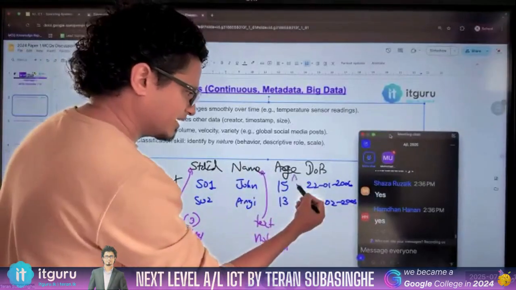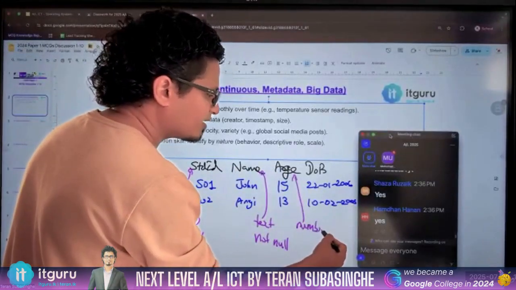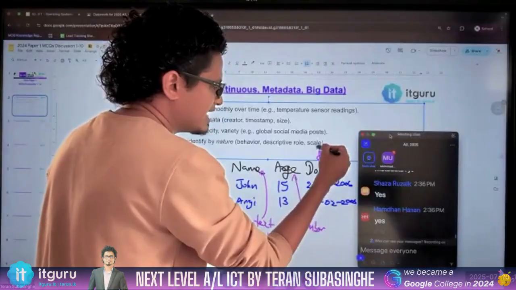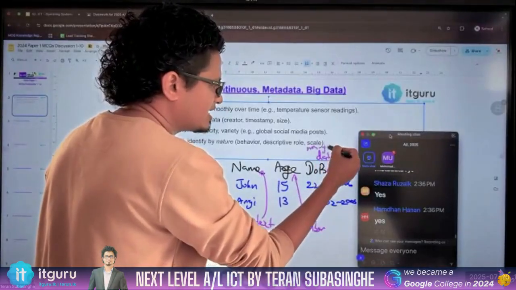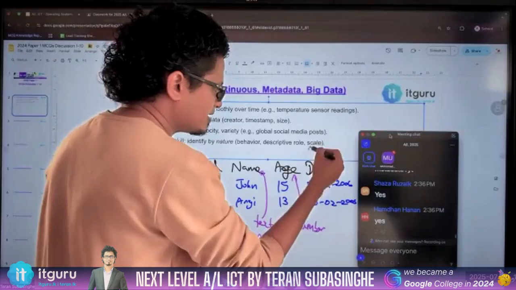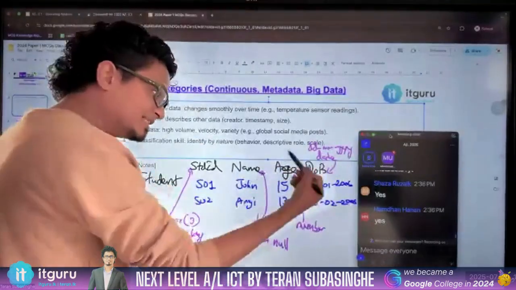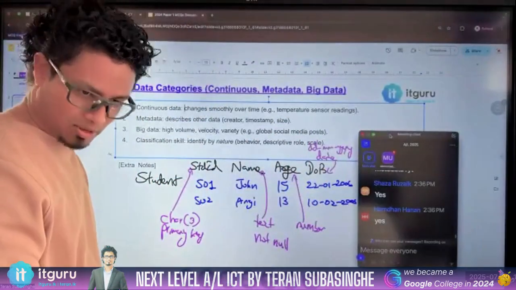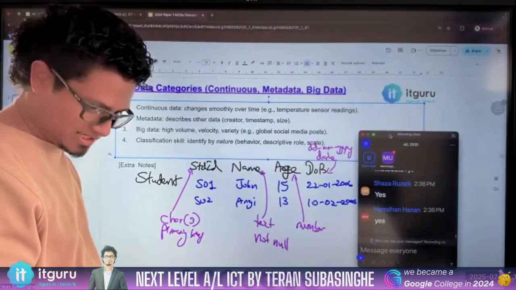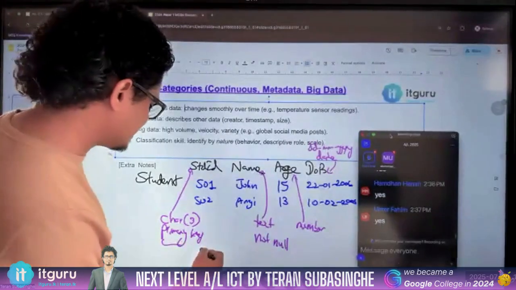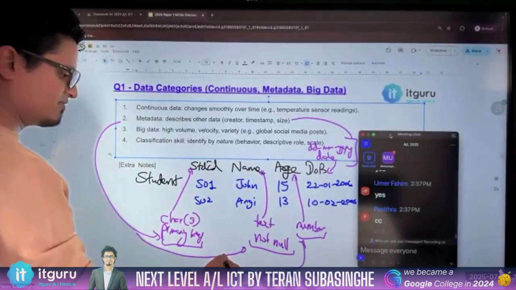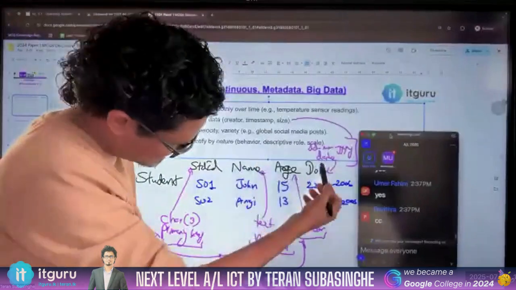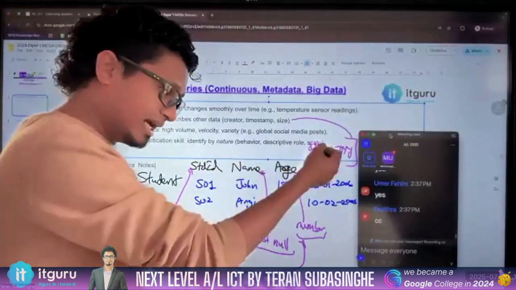Data about data, right? Age is a number. That's data about the data that you have. This is a date pattern. But which date pattern is this? This date is stored in DDMMYY format. Data about data. Can all of you understand what I mean by metadata, dear? Is this crystal clear to all of you now? So this is all metadata. Everyone, is this crystal clear? Can we be humble enough to say whether it is crystal clear or not? Because if it is not, then I have to explain.